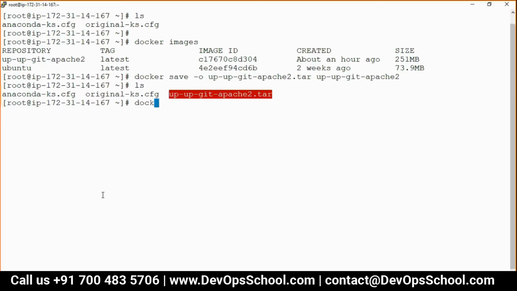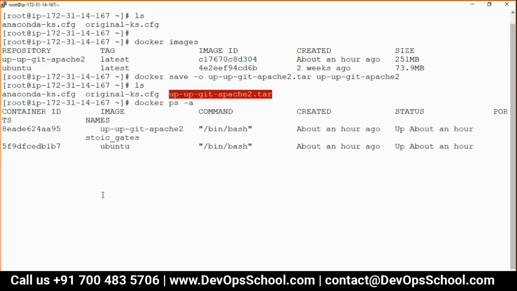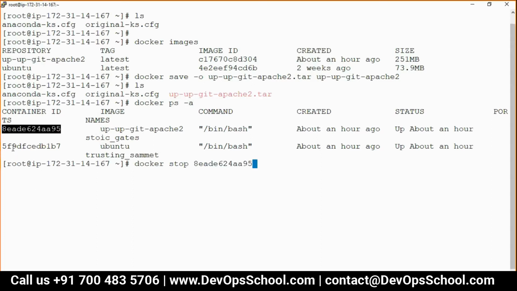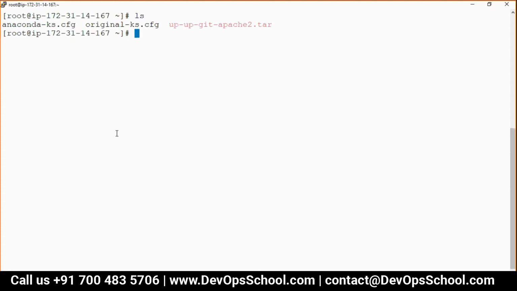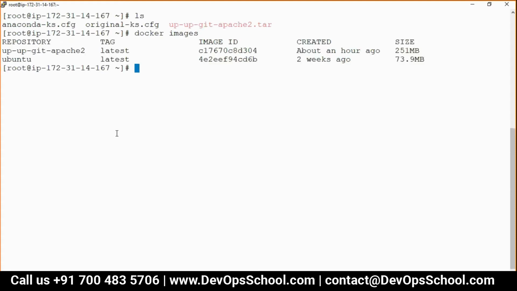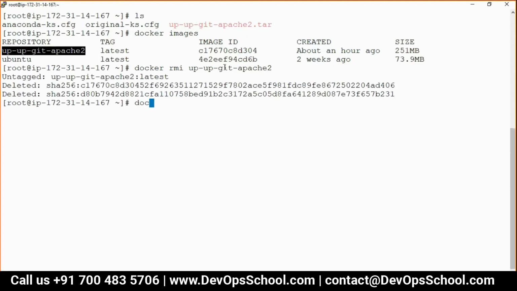This Tarball I need to share. So I'm acting like a different person, okay, who has got that Tarball. So I will delete that image. So I'm deleting that image. Docker RMI, done.